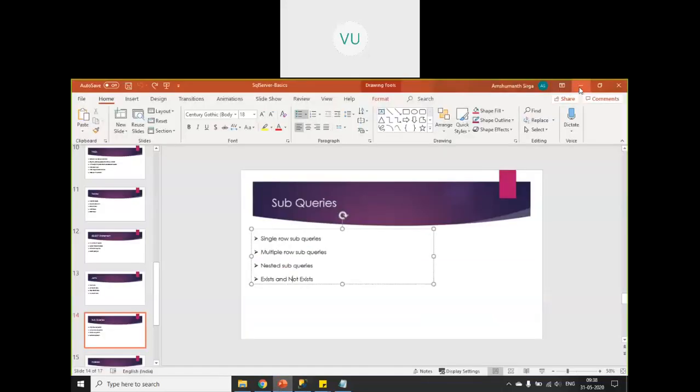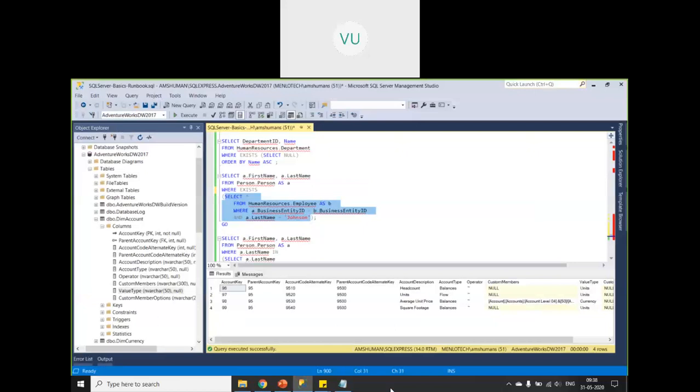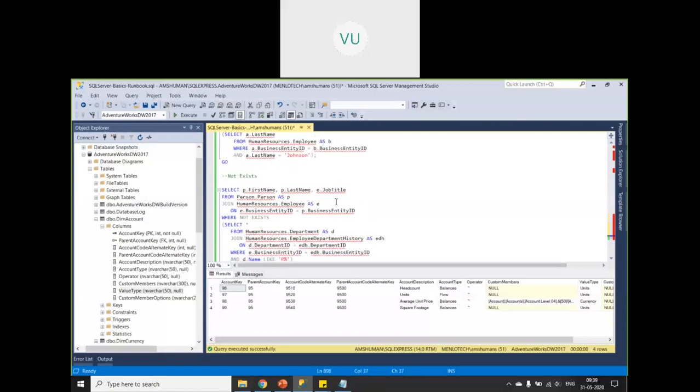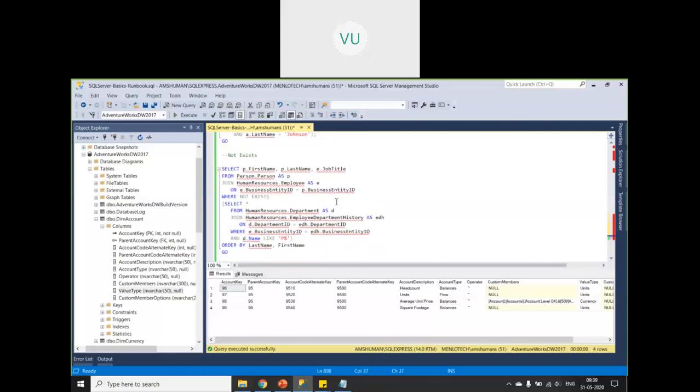So that is the purpose of the exists and not exists keywords, used mainly in the where condition and correlated subqueries. When you say correlated subquery, that means the conditions are applied between the outer table and inner table, right? So that completes joins and subqueries.